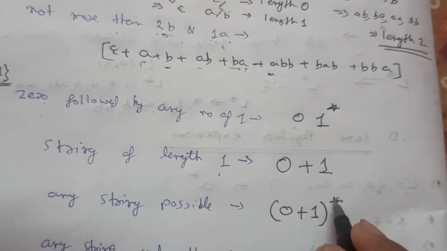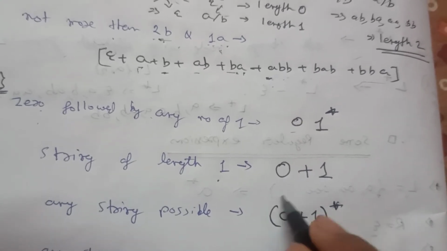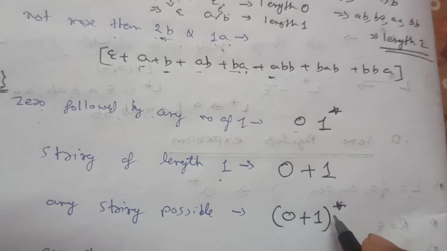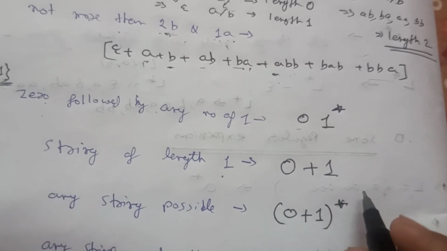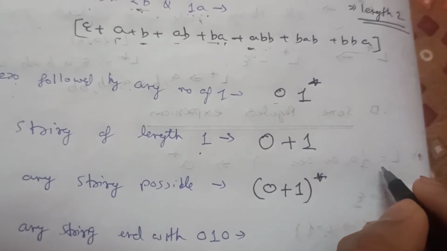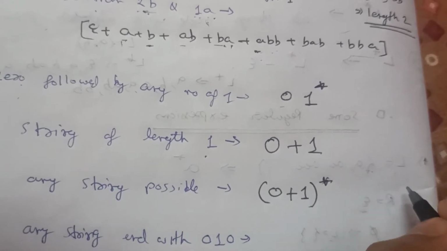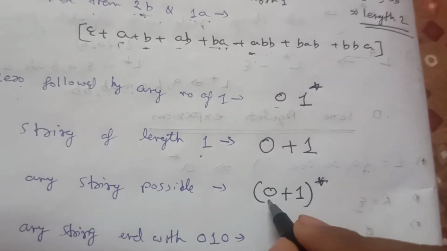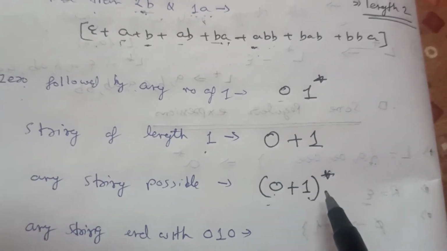So for star, here we have written the star on the whole bracket. This means no matter how many times we can repeat those. There can also be null, and there can also be 1000 times repeated. Okay, so if I want to take 0 0 1, the first time I will take 0, the second time I will take 0, and the third time I will take 1. So we can take either 0 or 1, so it can make any combination of 0 or 1.